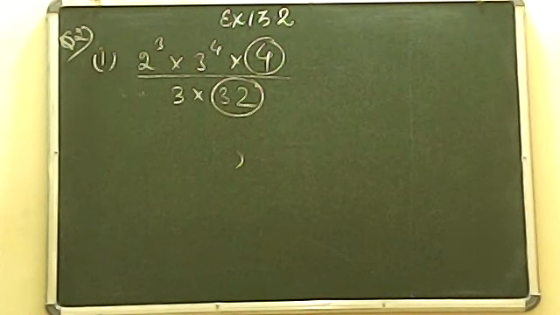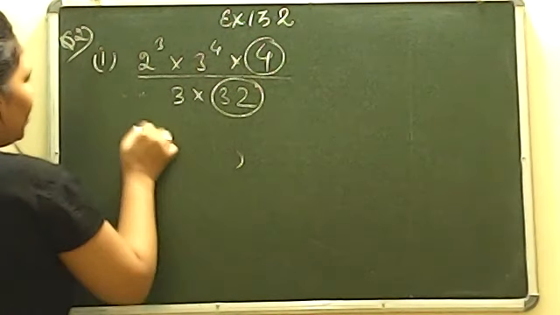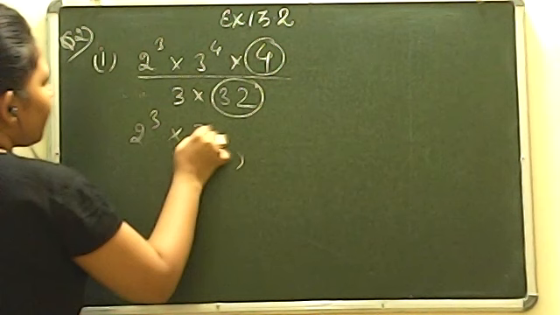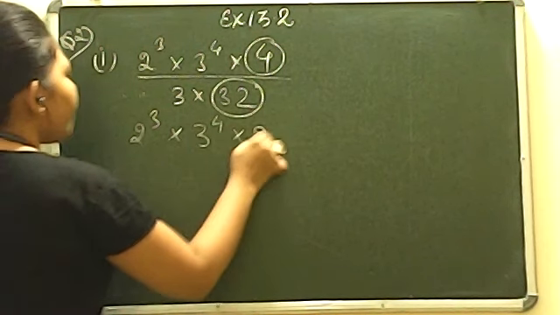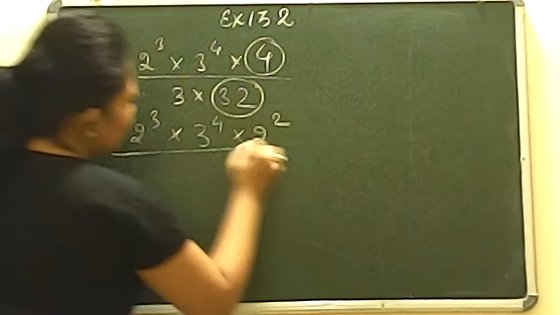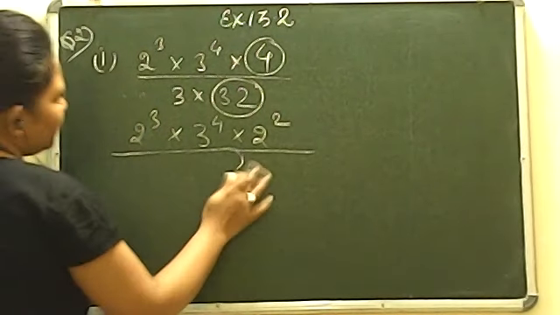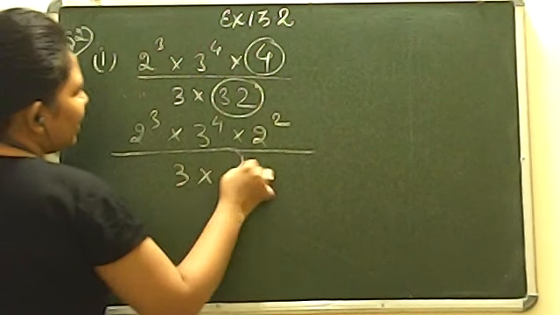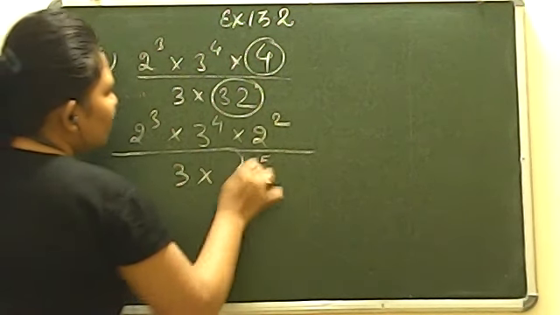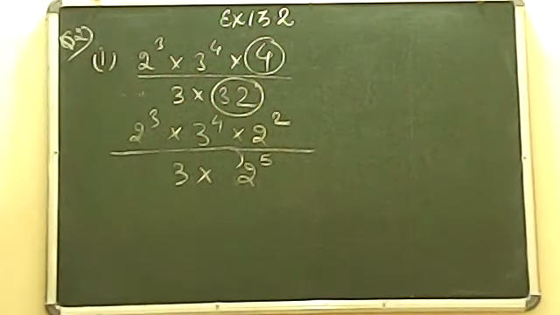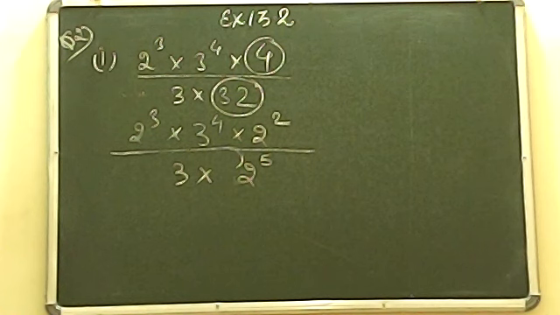ठीक है? Now you tell me in place of 4 what can I write? जल्दी से बताओ. Correct, correct. Absolutely right. 2 to the power 5 means 32, 2 to the power 2 means 4. Now I have replaced it. Because replacing can be done because the same number give you that number only.